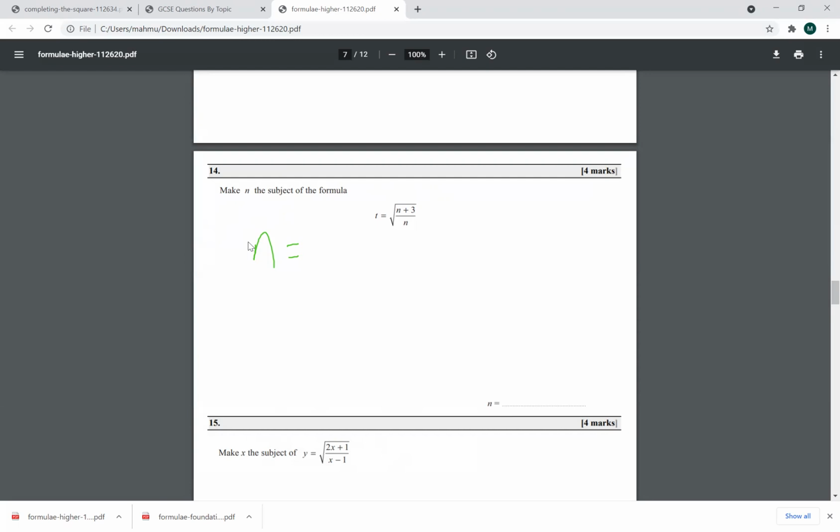Okay, yes, two struggling. Let's clear the screen. The first thing I'll do is look: I saw there's a square root there. So out of this, put a bracket there, and put a square there. If I square this side, I have to also square this side. So my first answer would have been, instead of writing n, I would have written t squared